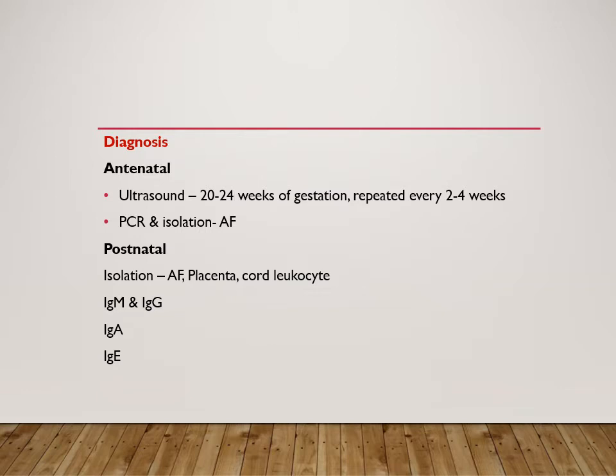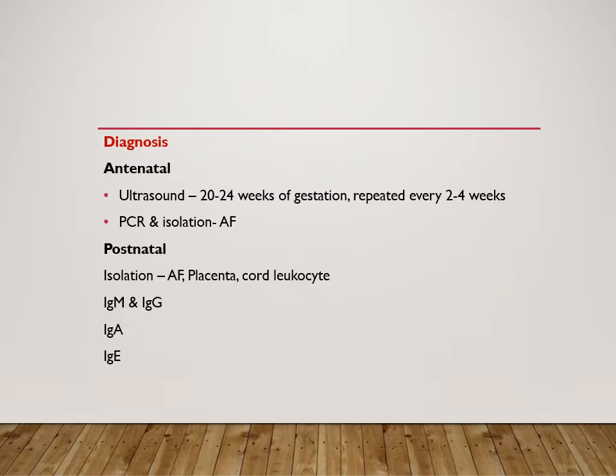And for IgM also there is a titer: if it is more than 1:4 after 2 weeks of age, then there can be a probable diagnosis. And by correlating with the features, it can be confirmed. Then there are other tests like IgA and IgE. The important one is PCR. We can do PCR from neonatal or maternal blood, and fundus examination is also important for chorioretinitis.